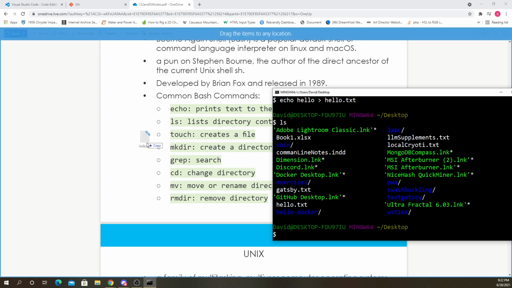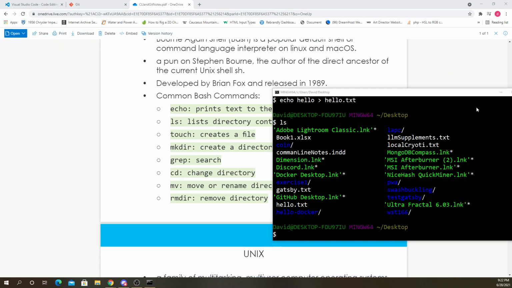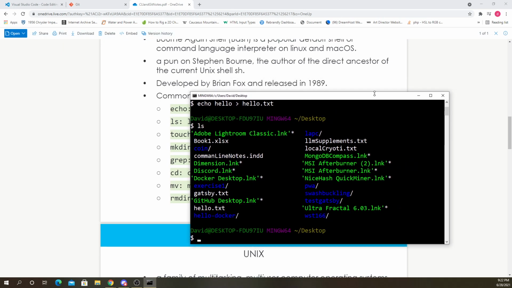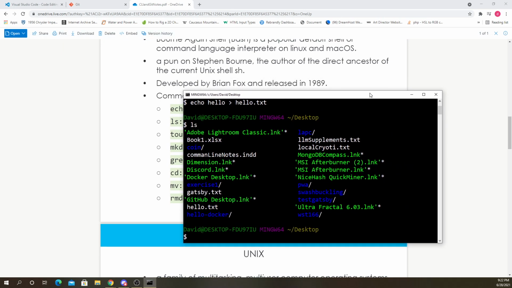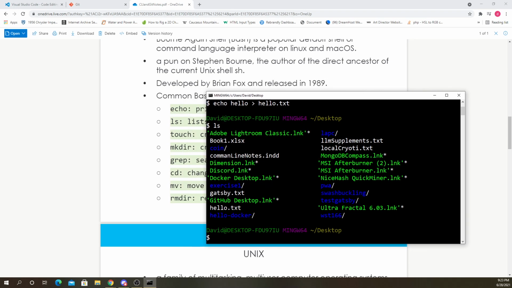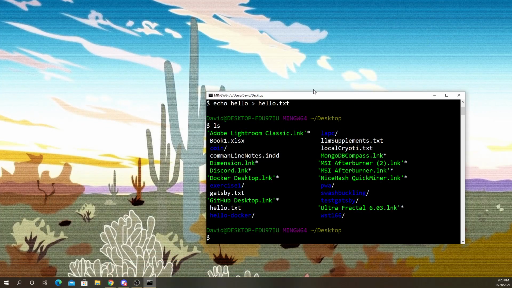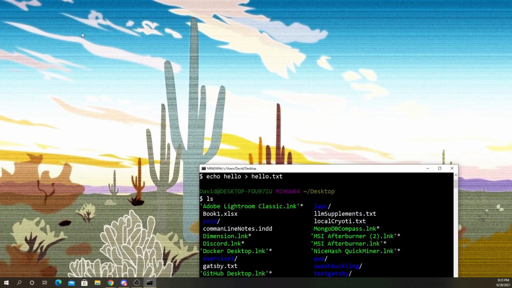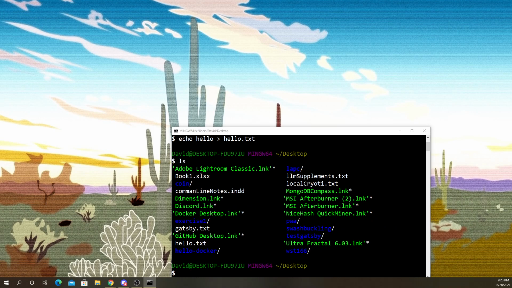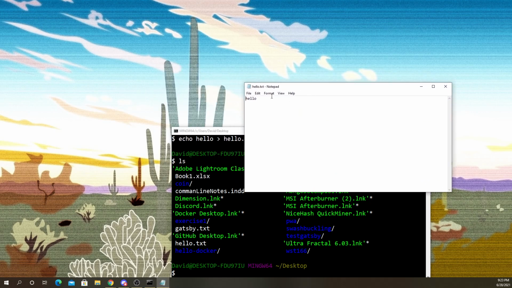I'm using two monitors right now, so all my desktop icons are on the other monitor and you can't see them here, but there it is. If you looked at my desktop, you'd see there's a hello.txt now. If I double click on it, you can see it just says hello in there.